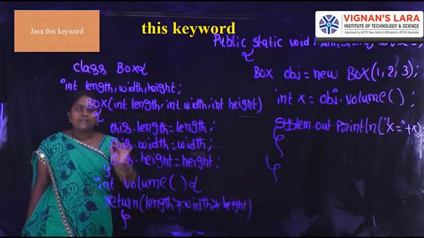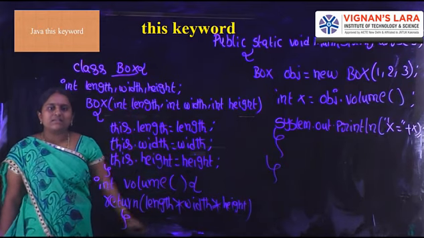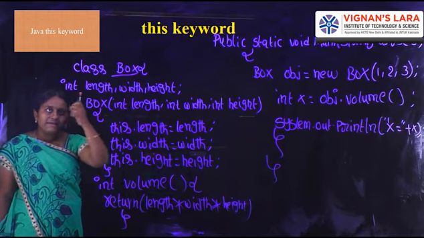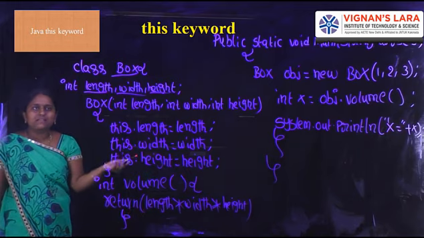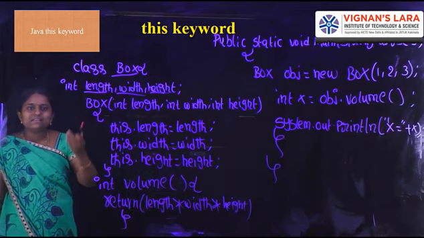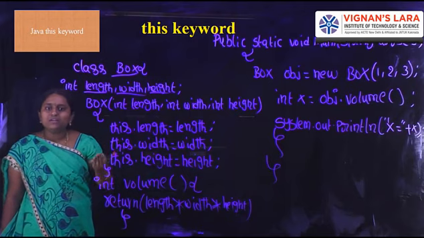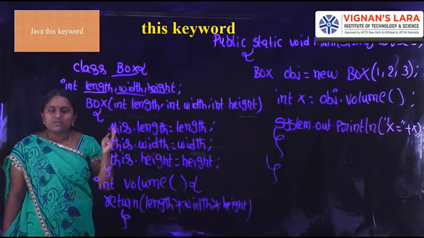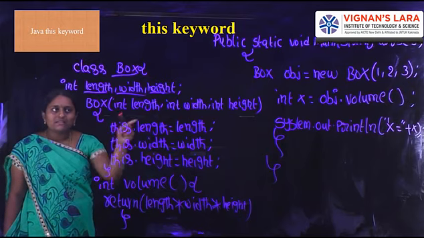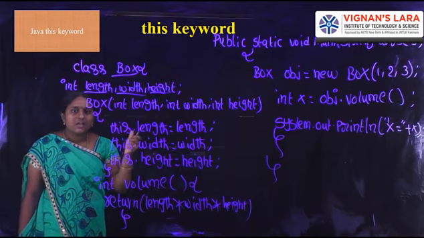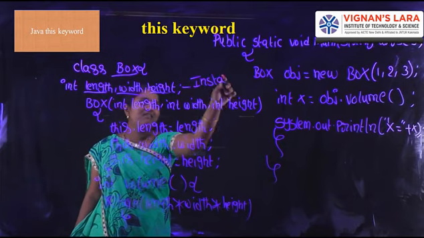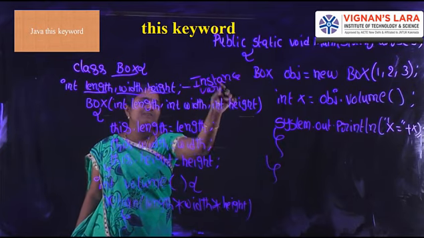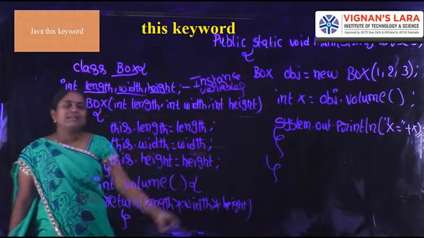Here I am defining one class; Box is our class name. In this class I am defining three variables: length, width, height. These three variables are of integer data type. But which type of variables are these? Already we know the types of variables. Java supports three types of variables: instance variables, local variables, static variables. These three are instance variables. Any variable defined within the class can be called an instance variable. So here these three are instance variables.